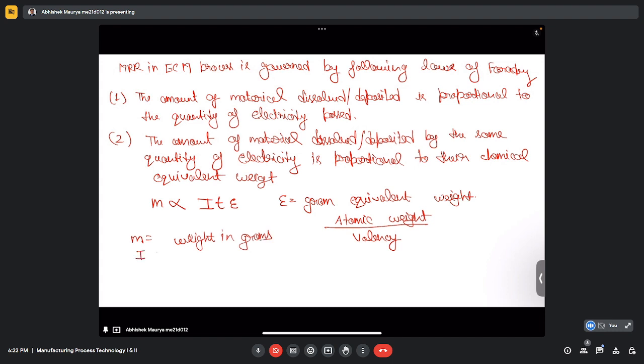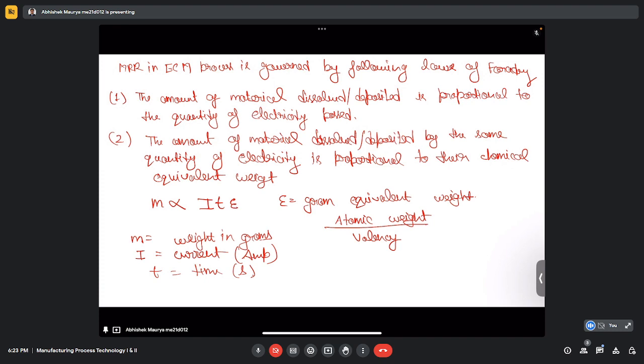And current I is in amperes, and time t is in seconds. So now if we try to see what has been there,